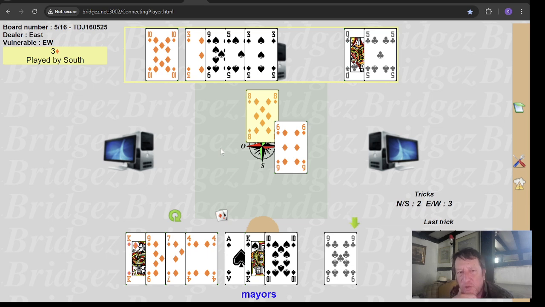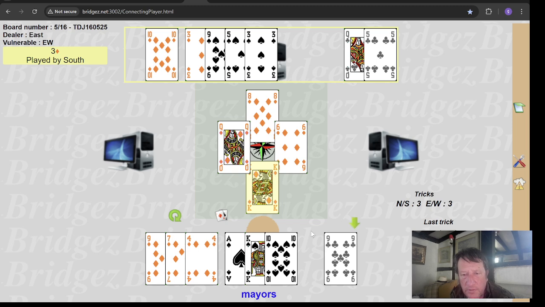It's certainly possible that West could be two, 6, 2, 3. I'm going to go for the king. Prepared to look stupid if it's wrong. Perfect. Right. Well,